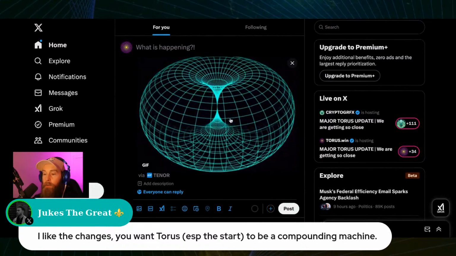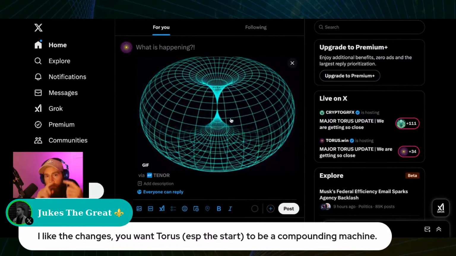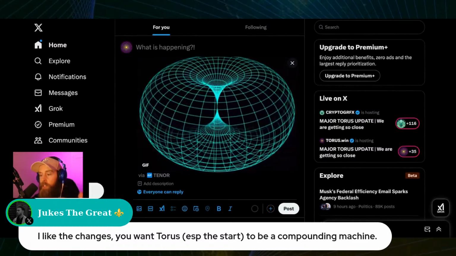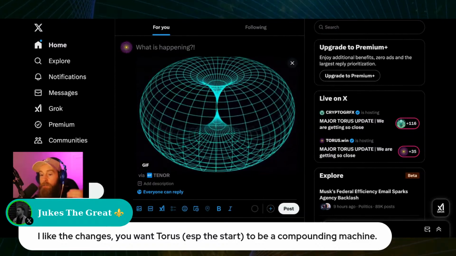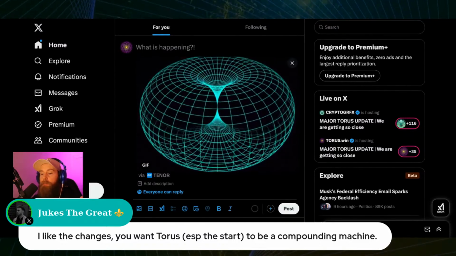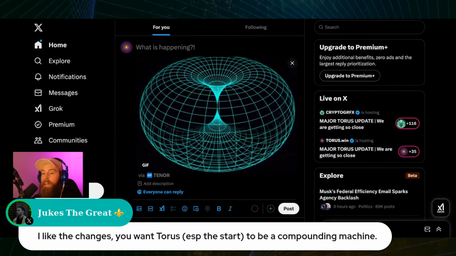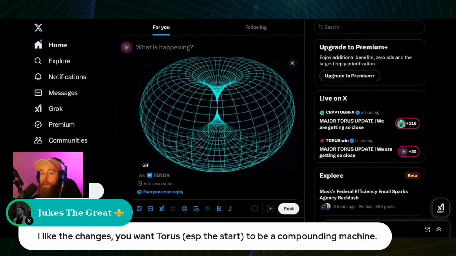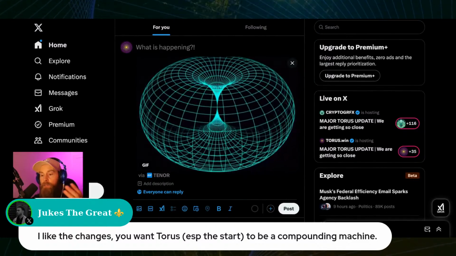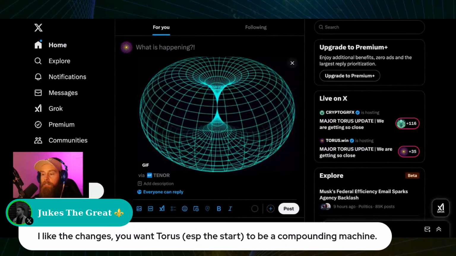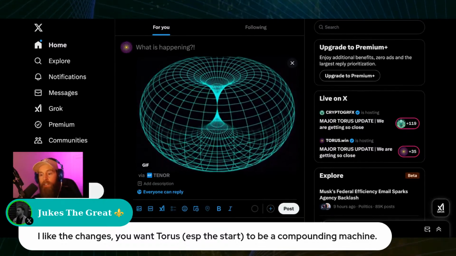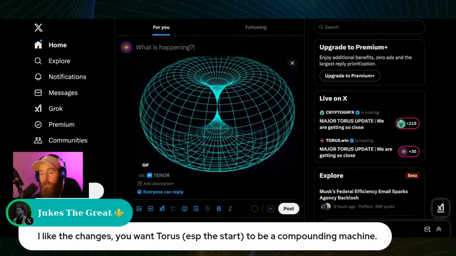infinitely. But what it also is, is a compounding machine, because you put funds in, it comes out, and it goes around and around and around. That's what TORUS is designed to do. You show up, you bring your ETH, you bring your Titan X, you make an ROI. Then let's say the system is still in create mode. Well, you sell some or all potentially, and you create again, right? Bring more Titan X and more ETH back into the system, and you go around and around. And let's say you do a creation period of 88 days, and the price is below where it's favorable to go and create. Well, what that means now is you can take your tokens and stake them to keep earning TORUS in the same way you were earning with creating.